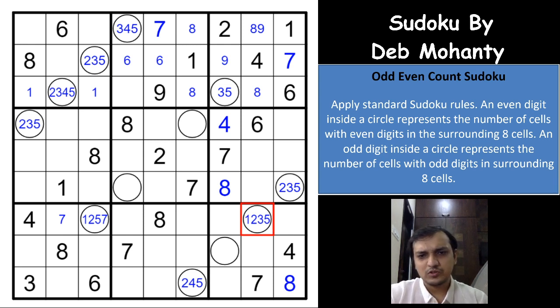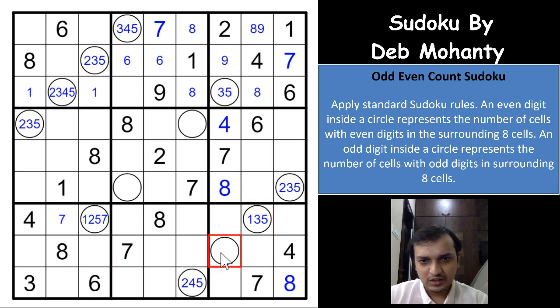2 is also not possible, right? Superb. So why is 2 not possible? 3 and 5. If a 2 is here, you already have 2 even digits, so all the other digits will have to be odd, right? So where can a 6 come in this box now? No place for 6, because 6 cannot come here. 6 has to be in one of these 4 cells if a 2 is here. So you'll have 3 even digits already, so 2 is not possible. So there are all odd digits here.